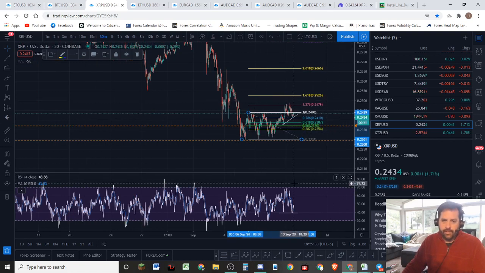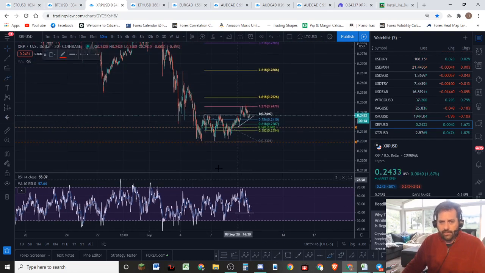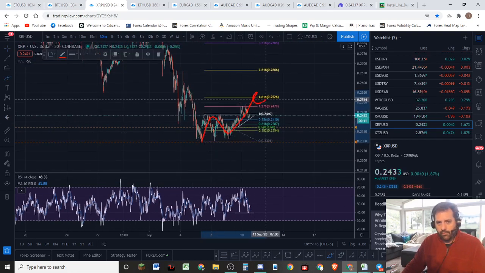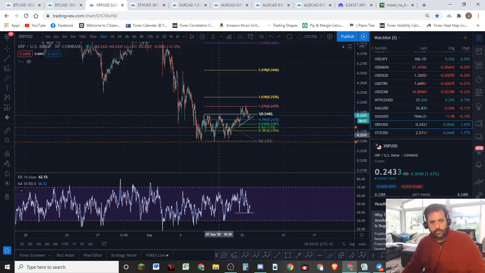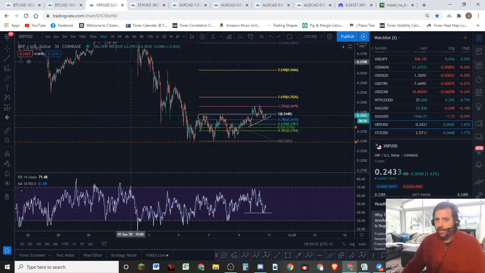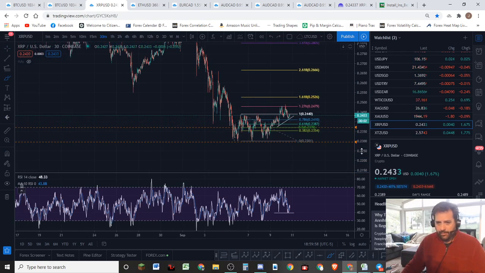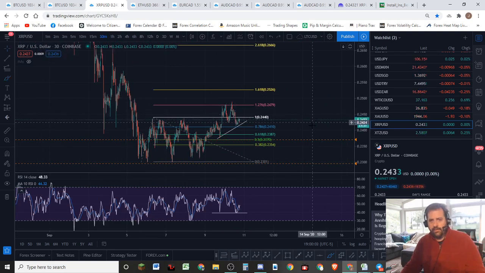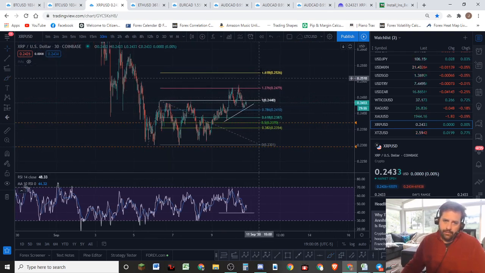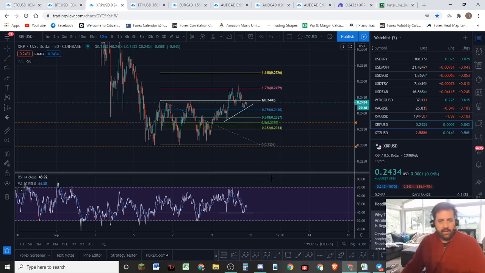Again, all of these structures, as we look at it, best I can tell, are appearing as corrective structures. So I'm interpreting all of these structures as some kind of a three-wave move, looking for a reversal and more continuation to the downside. That's my bias, based upon what I'm seeing in the chart. Not because I wanted to go down, because you guys know I've been pretty bullish, but my sentiment has changed based upon structure. Now, I do see a potential for more up, but that doesn't mean we're going up forever. And also I see a potential for another move down, but that doesn't mean we're going down forever.